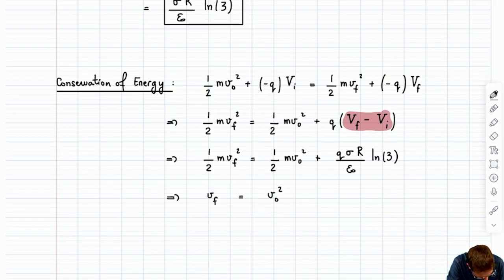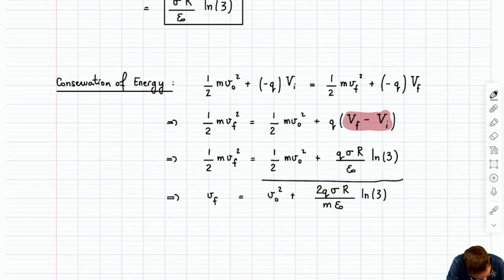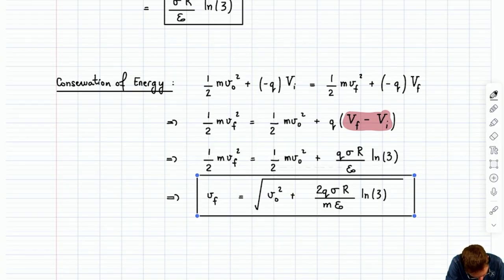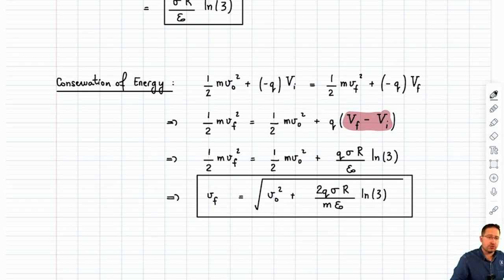So we're going to get v0 squared plus 2q sigma r over m epsilon naught, natural log of 3, square root that. Well, that is how fast the charged paint particle or droplet hits the cylinder